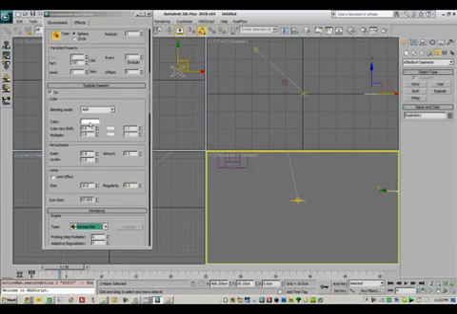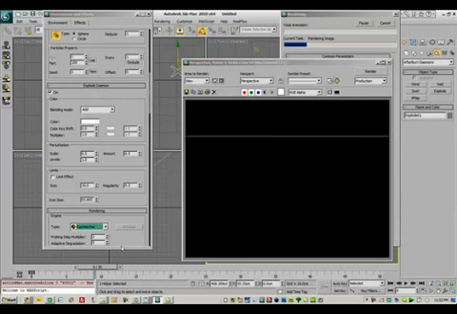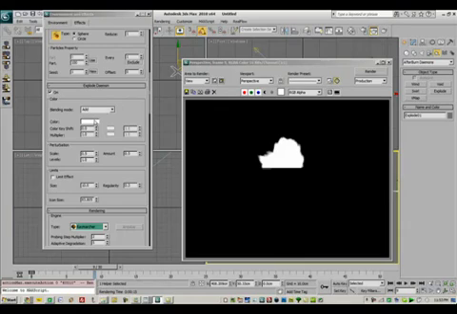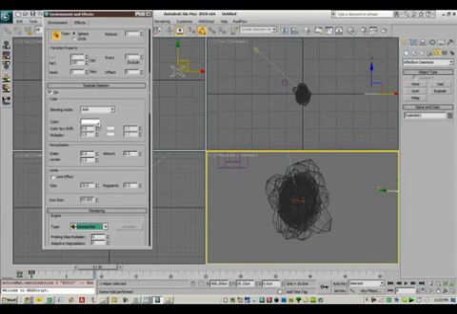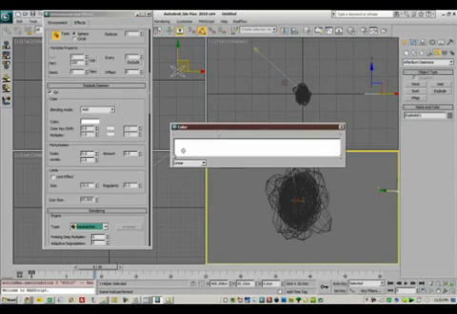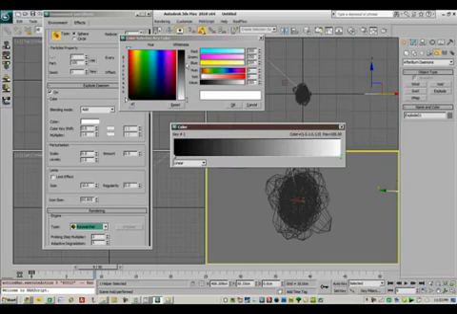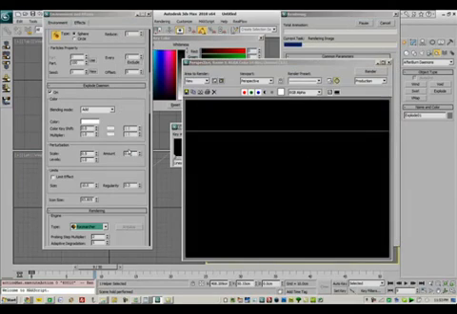So first of all, if I were to render out a frame, it's going to look kind of odd because it's going to superimpose white over our explosion. So it's even self-shadowing. It's taking the time to calculate the shadows, but we're not actually seeing them. So the next step is that we need to click on this. I'm going to click on it here, and I'm just going to make the colors. If I were to make this black, then what's going to happen